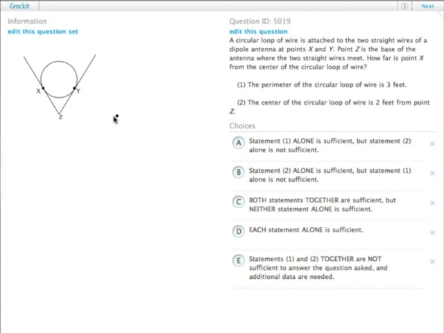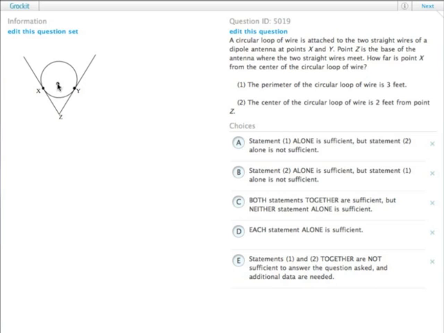Not too many people have dipole antennas anymore, so the context of this passage may not be as relevant to people, but that isn't really that important. We're just looking at the picture and doing some geometry. So we know that z is the base of the angle, and that points x and y are tangent on